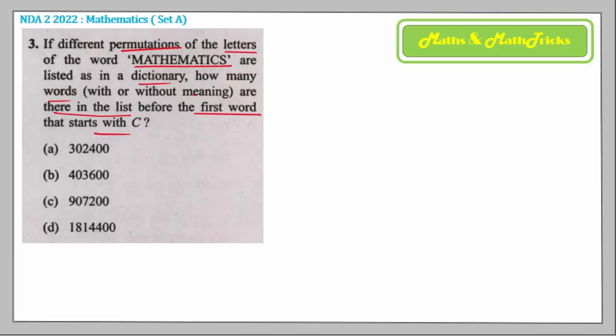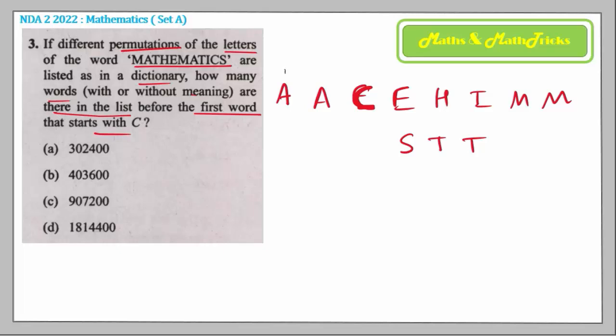Now if you first of all arrange these letters of the word mathematics in ascending, I mean alphabetical order, the first letter is A, which is twice, then we have C, then E, then H will come, and then I. Then M twice, then we have S once, and then T twice. Now count down these letters: 1, 2, 3, 4, 5, 6, 7, 8, 9, 10, 11 letters are there.